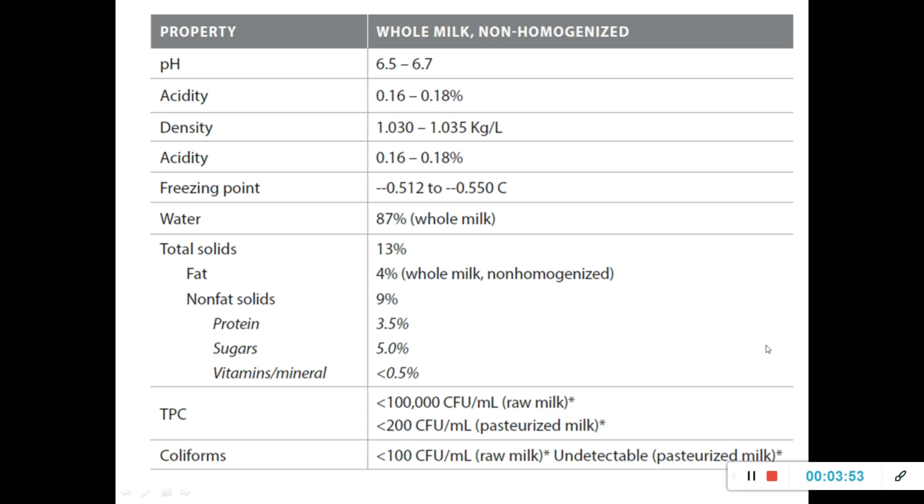If you look at it, water is a major component of the milk. Almost 87% of whole milk is contributed by water, and the remaining 13% is contributed by total solids, including the fats and non-fat solids such as proteins, sugars as well as vitamins. Even when the total solids change, it gives us an indication that there is something adulterated in the